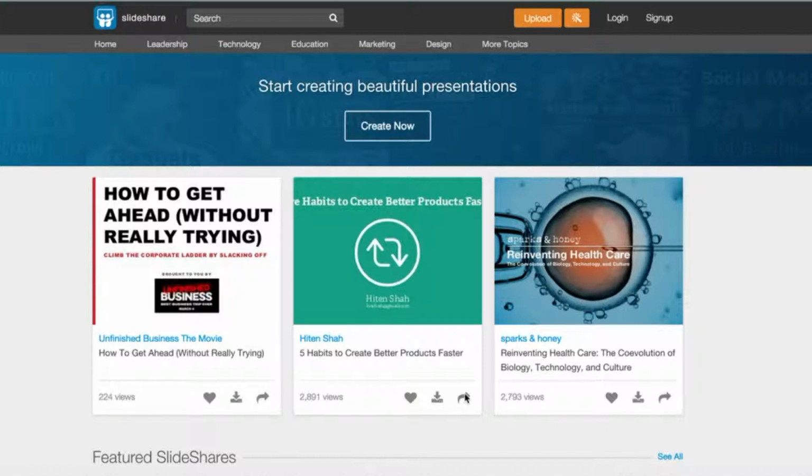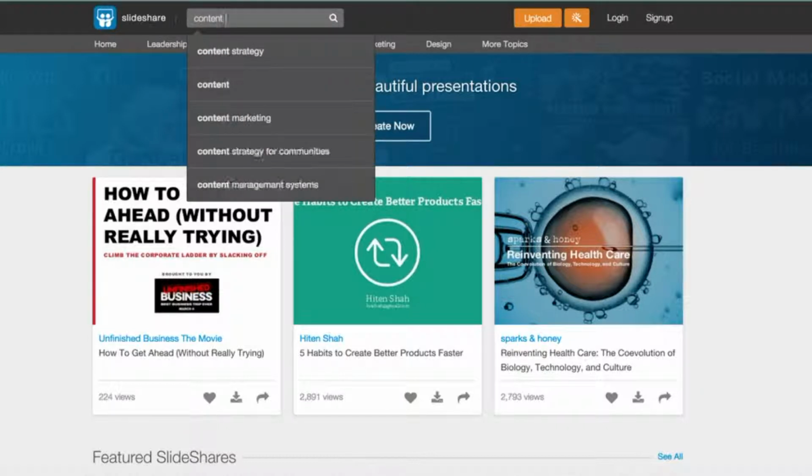So what we're going to look at today is how we can search and find content that other people have created by subject matter. Up at the very top here, there's a bunch of different topics that we can use to filter and find content. The other place we're going to look to find content on slideshare.net is up here on the search bar. Pretty obvious. We could search for individuals, company names, or types of content. So even if we put in the likes of content marketing here,